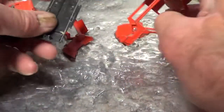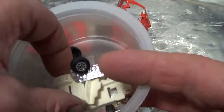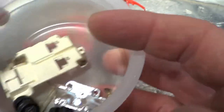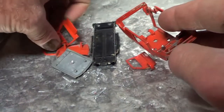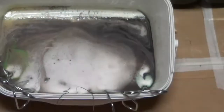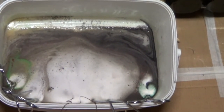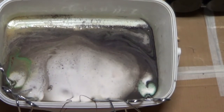Right, okay, so all these bits can go in the caustic soda. This can go in the washing machine, Paul May's washing machine. And yeah, so we'll get that done. Next step, caustic soda. Right, okay, so I'm going to put the little, what's it called, city car, the DAF city,